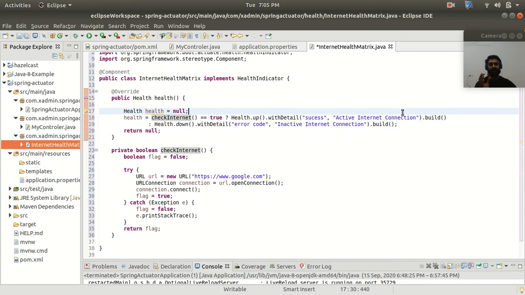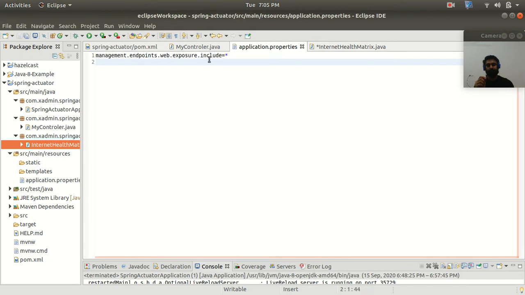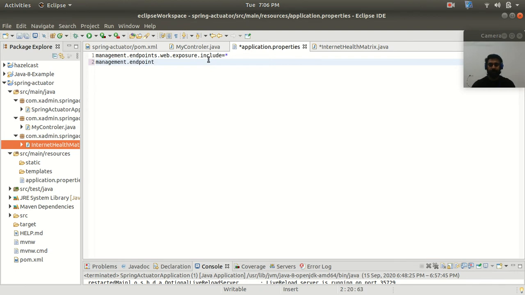So now guys, I need to enable my health metrics. For that I need to write some property inside my application.properties file. So let me enable my customized health metrics. management.endpoint.health.show-details equals always.